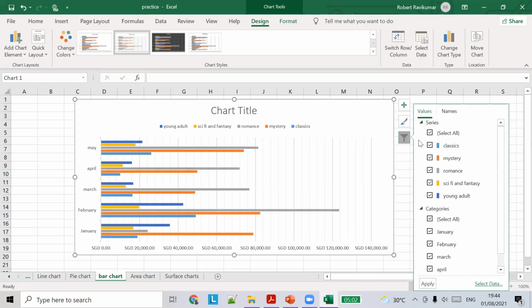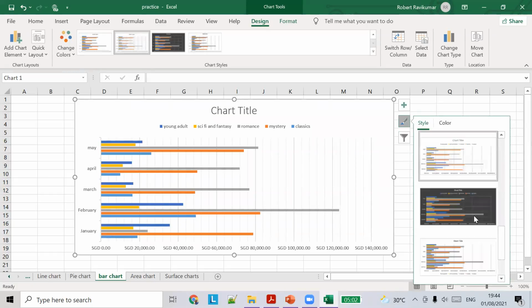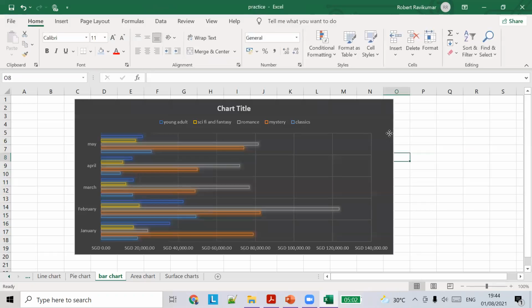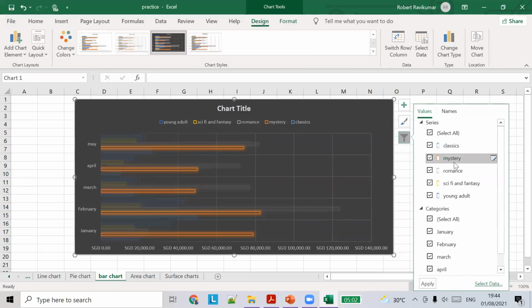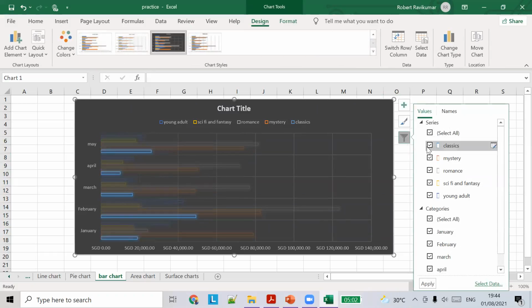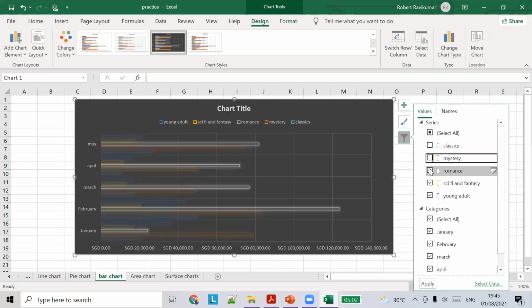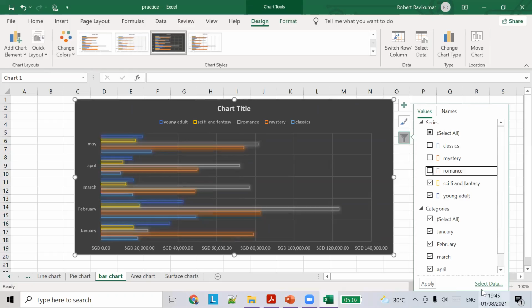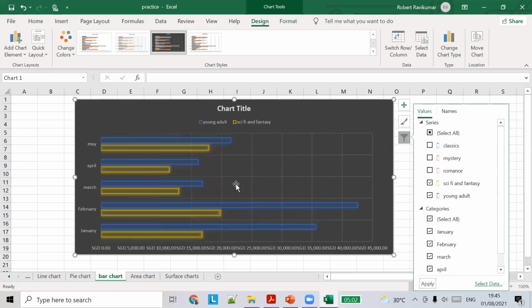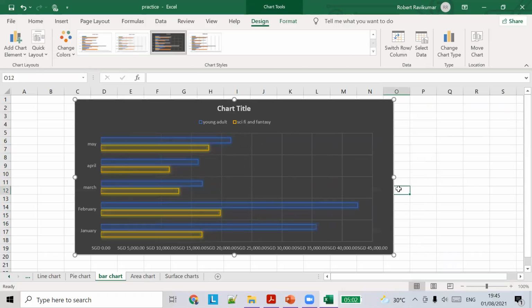What I mean by that is, if you want to remove the classics from the category, you can remove it. If you want to remove mystery, romance, all these, you can deselect the data and click apply. Now you will see only two data, sci-fi and young adult here.